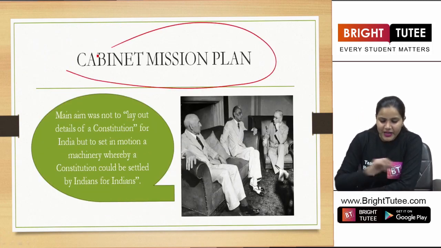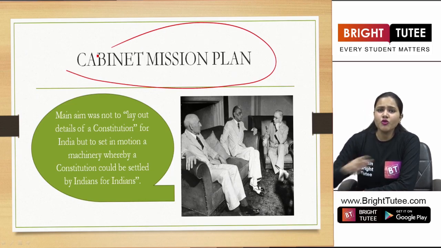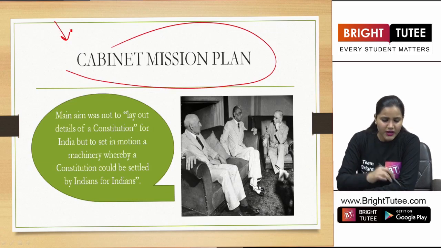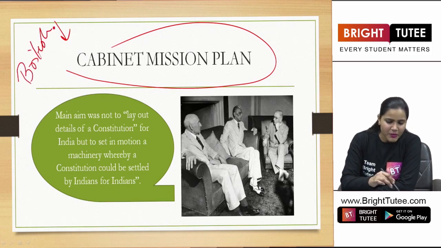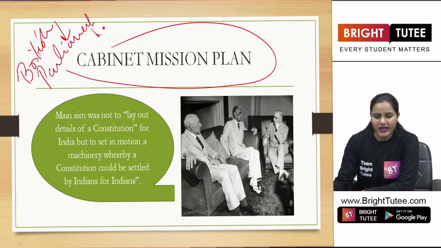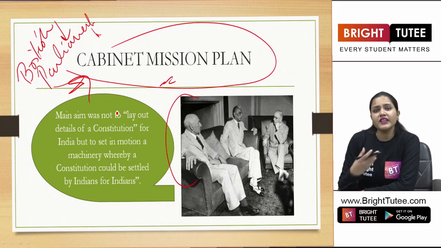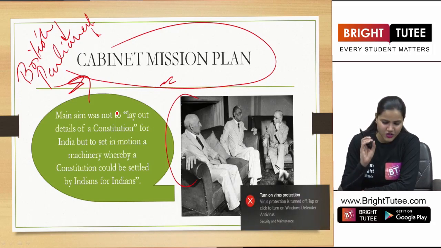Now what was the main aim of the Cabinet Mission Plan? Before it, there were so many missions, with members of the British Parliament sent to India to negotiate with these leaders. Were they successful? No, students. These missions were not successful. But the Cabinet Mission Plan had proposals, and they were very hopeful that it would be a successful plan in our country.